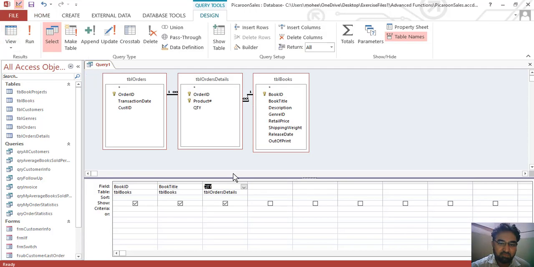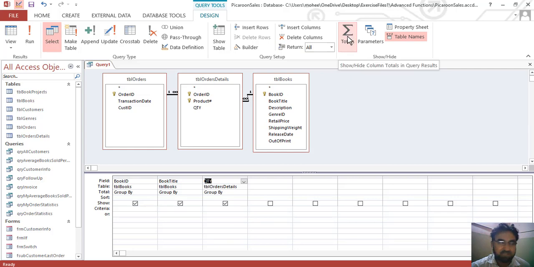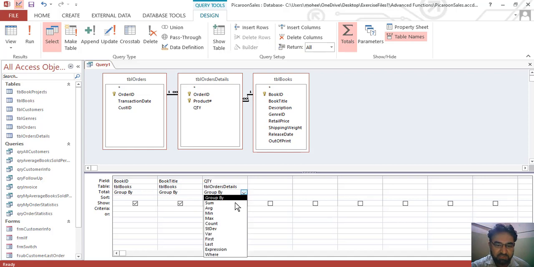Go back to the design view. Since the number of records is very high, we would like to summarize, as we have studied in one of our lessons on summarizing data. Open this sigma sign, the Totals button, and look at this Total row inserted by Microsoft Access automatically: Group By, and here we want to take the Sum function, and let's run.